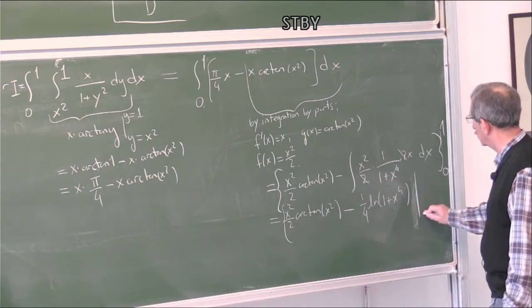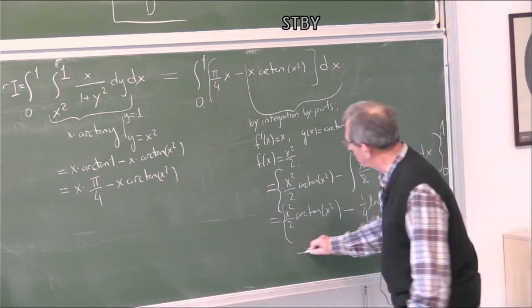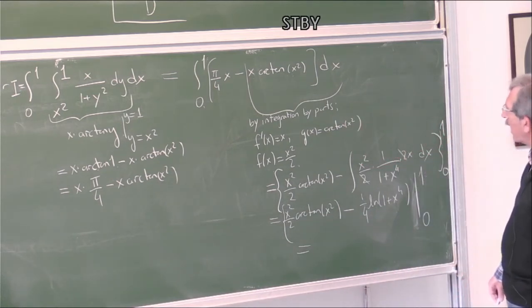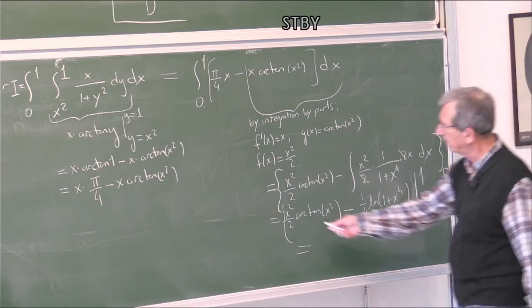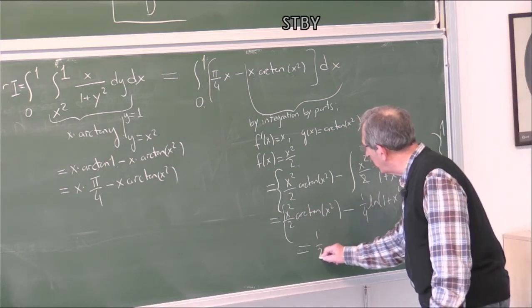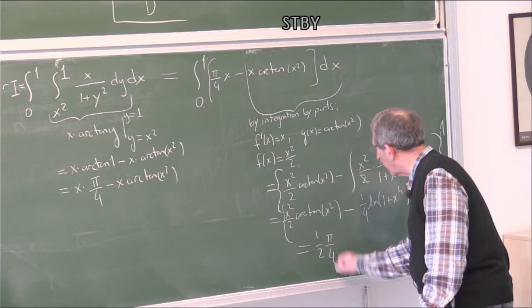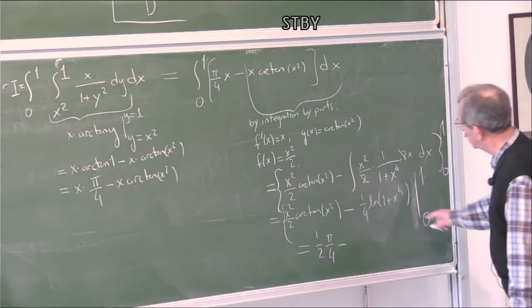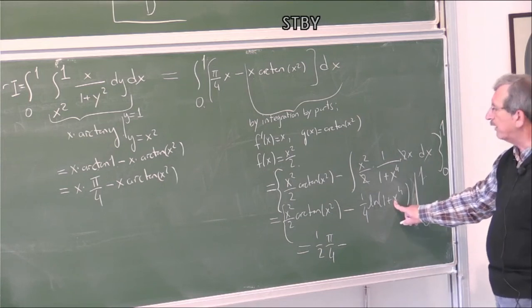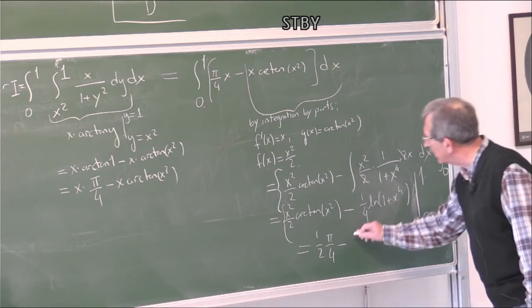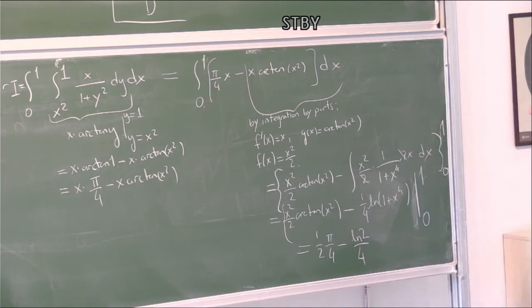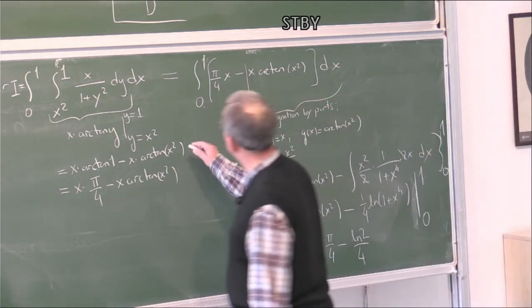Let me use this notation. Well, that's simply then, if you have 1, you have 1/2 of pi over 4. At 0, you have 0, minus, at 0, you have 0, so you just put 1. It's logarithm 2 over 4. Okay. All in all,